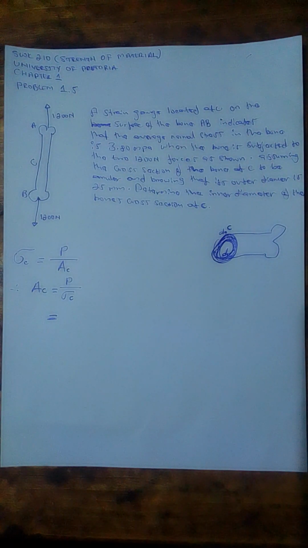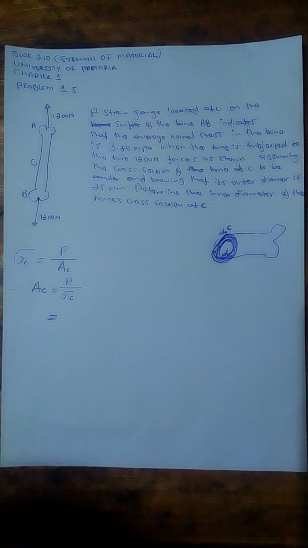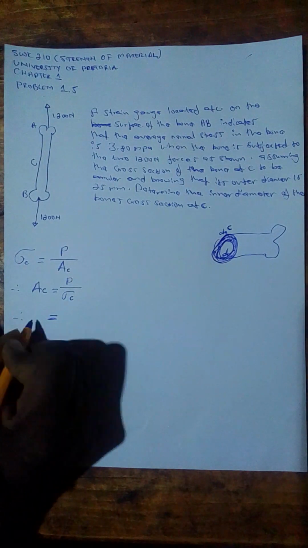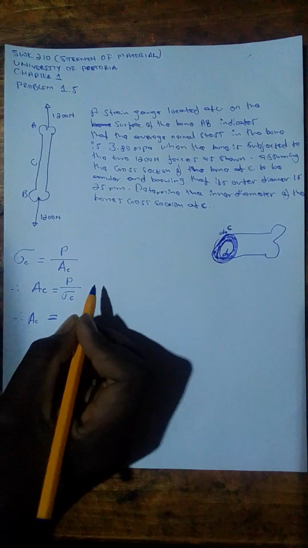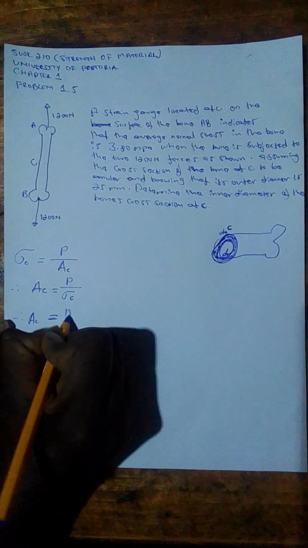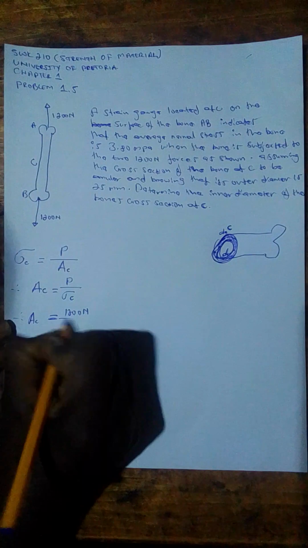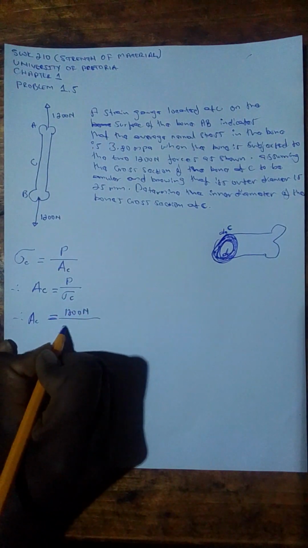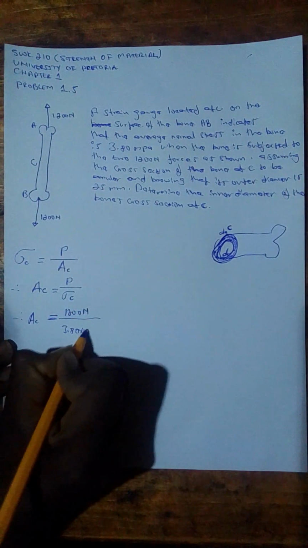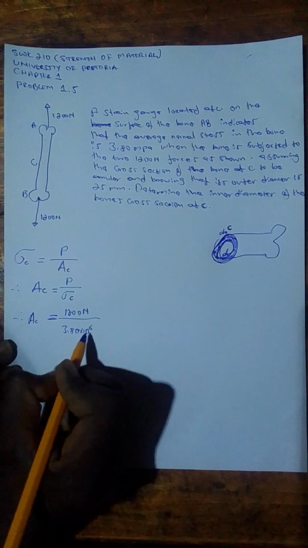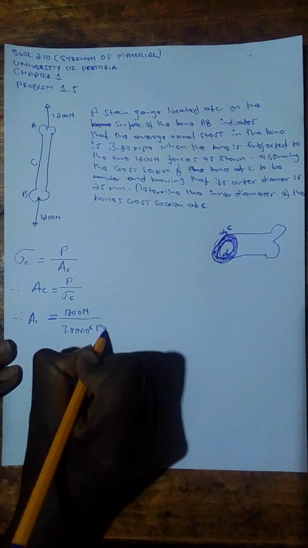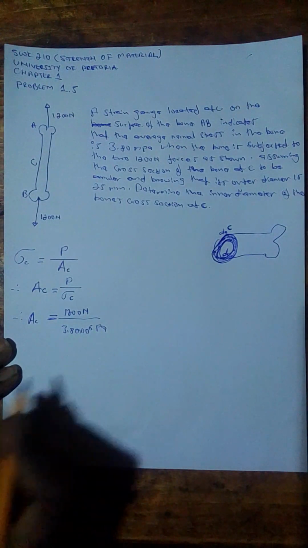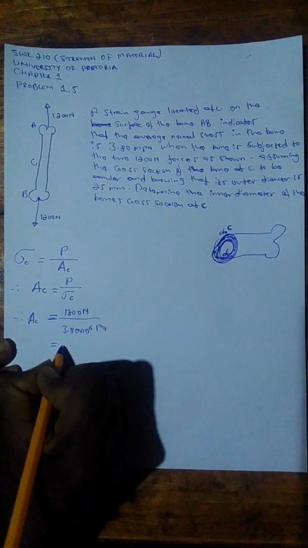I hope that is clear, but I believe with time it's going to be much easier for us to understand it. So with that said, we're going to be saying, therefore, the area at C is equal to our P, which is 1,200 newtons, all over our stress, which is 3.80 multiplied by 10, right? This is 10 to the power 6 Pascal. This is the kilopascal, the megapascals rather, and then I can put pascals here. And with that said, if you use your calculator, it gives you